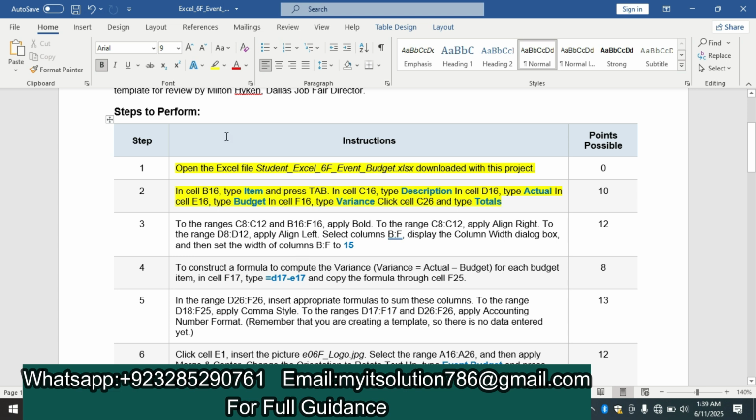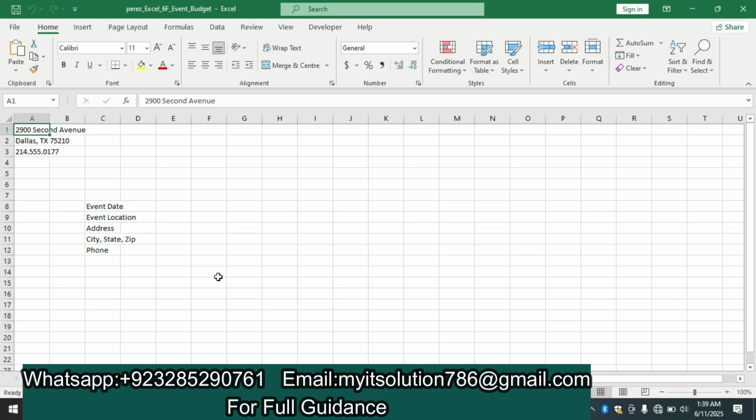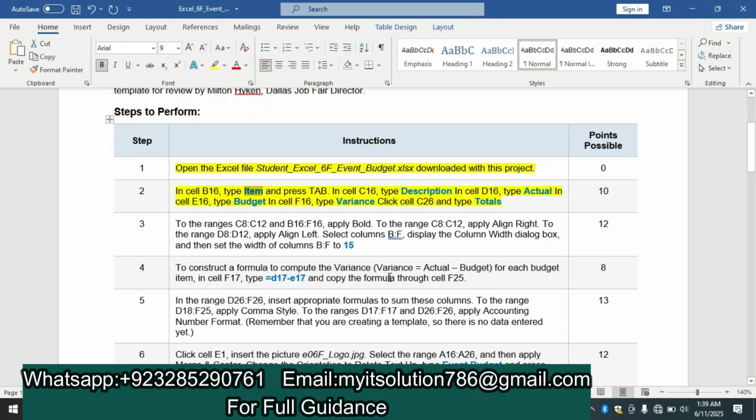So we first copy item and paste in cell B16. So B16 is this one. We type item and in cell C16 we type description